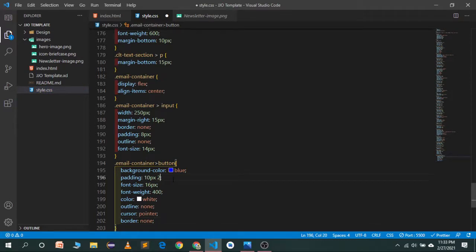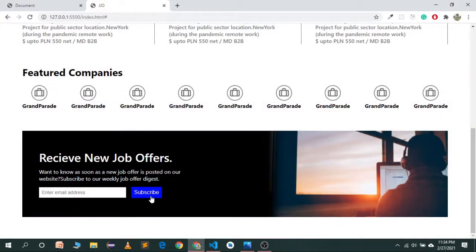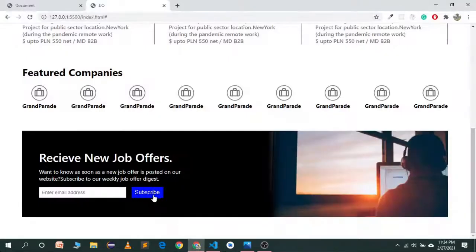I just want a padding of 8 pixels, the same that we have used for our email input. I think we also want padding left and right. Let's try 10 pixels. Now it's looking good. We have padding left and right.